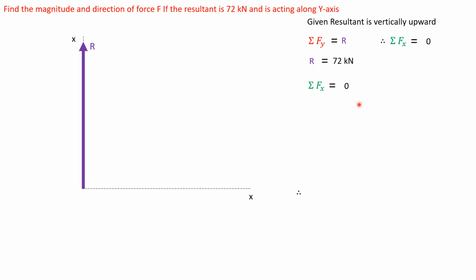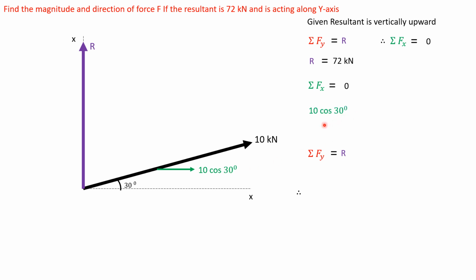Now consider summation Fx equal to 0. Now resolving forces horizontally and vertically. Resolving forces horizontally, summation Fx is 0, and resolving forces vertically, summation Fy we know is R. So now resolving the 10 kN force horizontally, it will be 10 cos 30 degrees directed towards the positive x-axis, plus